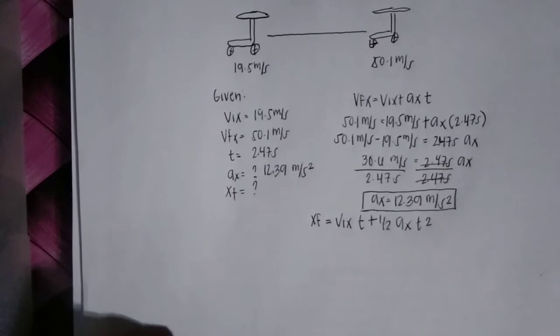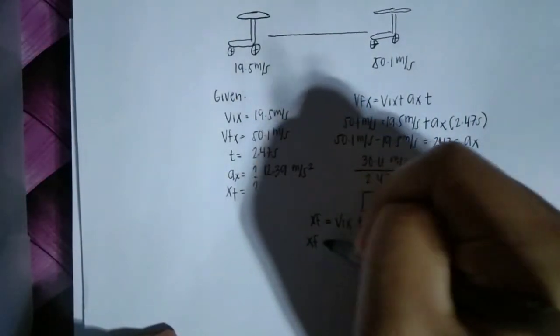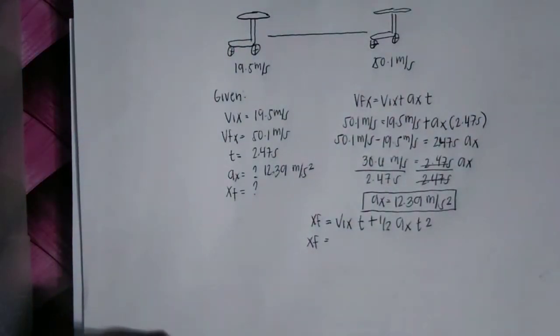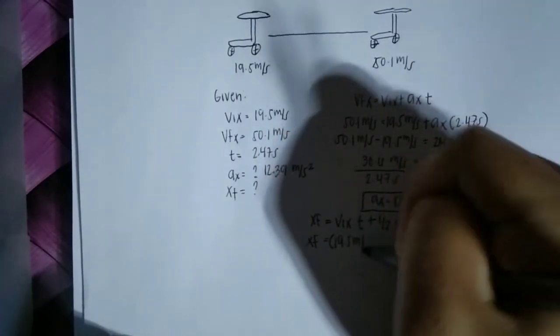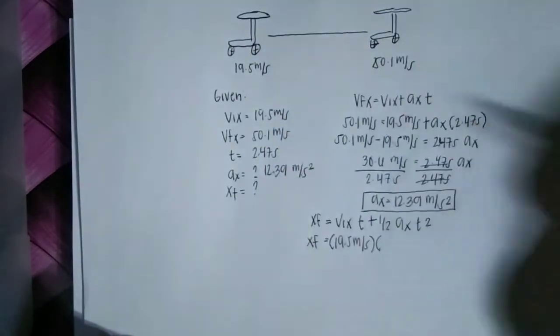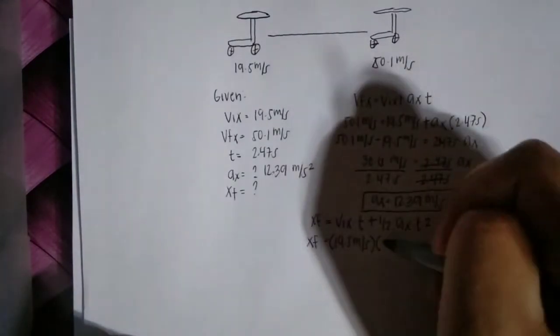Then i-substitute lang ulit natin ng mga given values. So xf is equal to yung Vix natin or the initial velocity ay is equal to 19.5 meters per second. Then the time is equal to 2.47